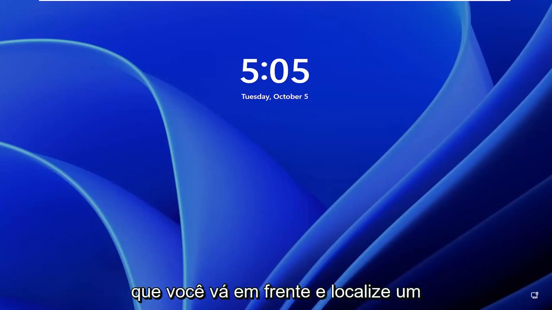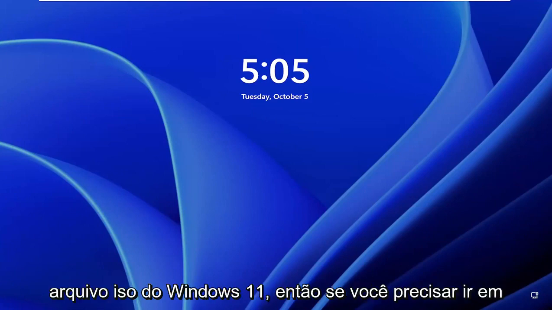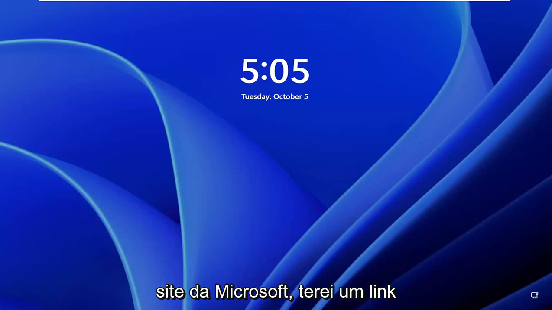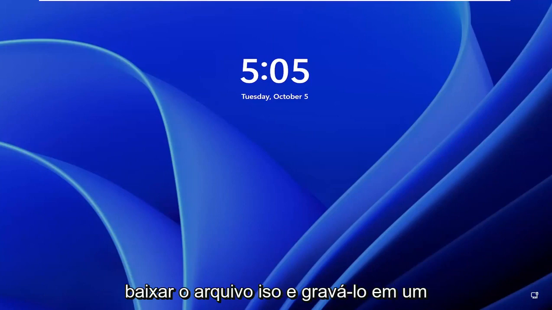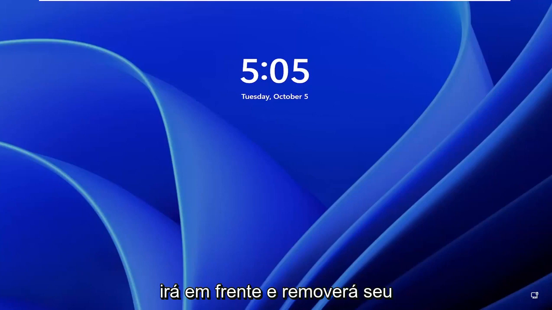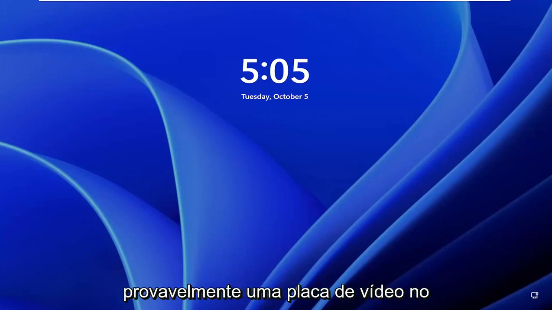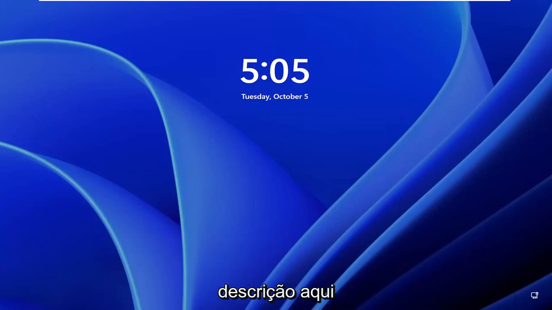First thing I recommend doing, guys, would be to go ahead and locate a Windows 11 ISO file. So if you need to download that from the Microsoft website, I'll have a link in the description of the video. If you need to download the ISO file and burn it to a DVD or USB flash drive, and then boot your computer off of it. At this point, we're going to assume that you're already at that part of the video, and I'm probably going to have a video card up in the video itself, as well as a link in the description here.